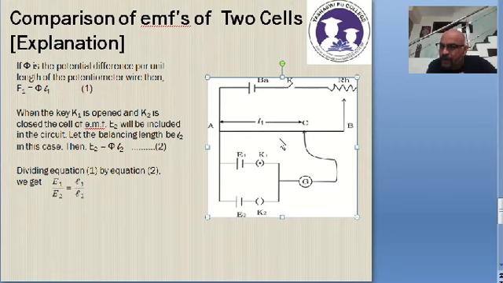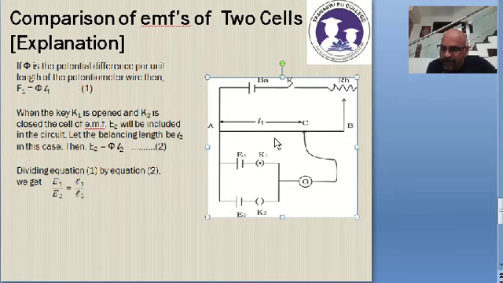When you bring the point C to the center, 5 volts of potential drop due to the battery and 5 volts due to the EMF of the cell E1, both flowing in the opposite direction, get cancelled, and therefore the current in the galvanometer becomes zero. So that means here it is balanced.